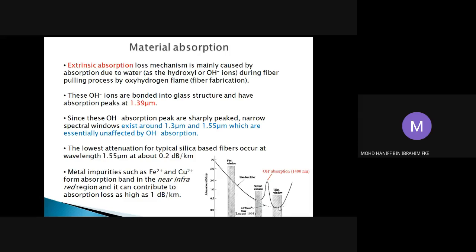Okay, so that's the reason why in modern communication systems, the interest is to work at these two wavelength values, 1.3 and 1.55 micrometer, but more interest is towards 1.55 micrometer because the loss is smaller. Yeah, the loss is about 0.2 dB per kilometer as compared to other wavelengths. Okay, so hopefully by now you understand why we work at 1.55 micrometer of wavelength due to this